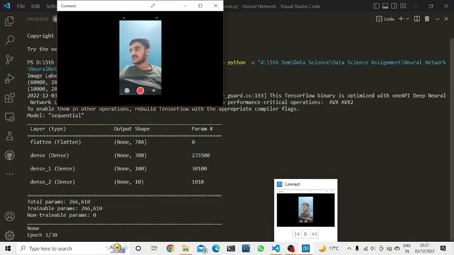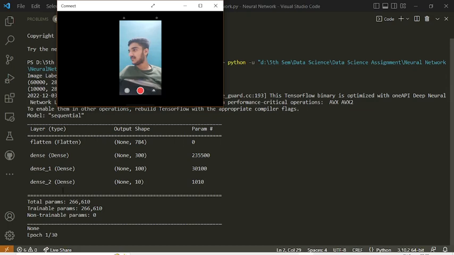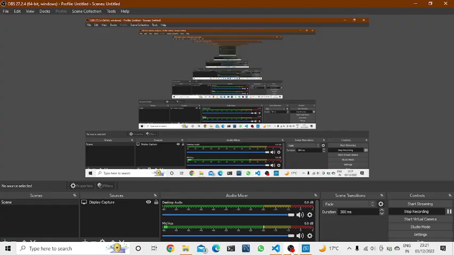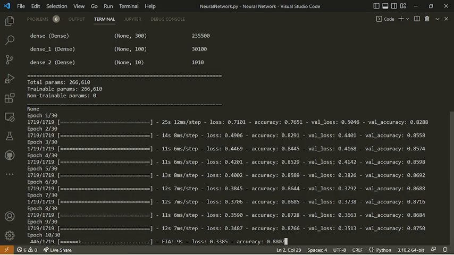As you can see, the code is executing. It will take time because of the heavy computational power required. As you can see, it is processing our code. Let us jump straight to the output. The execution of this code will take time, so let